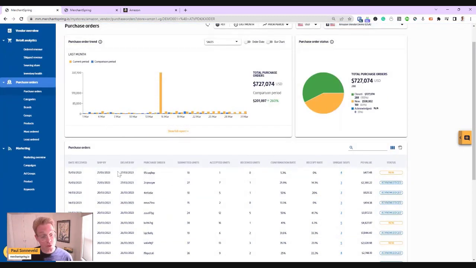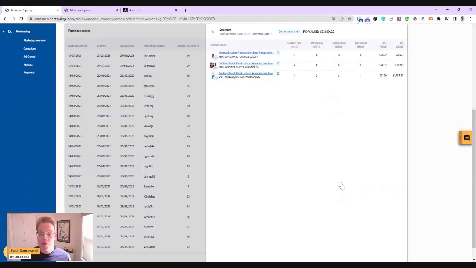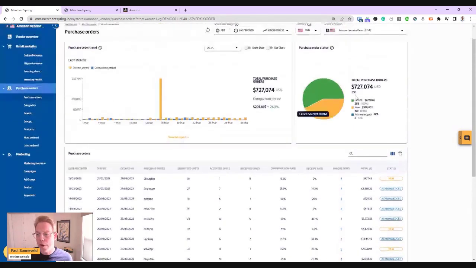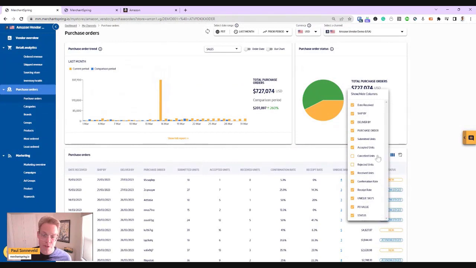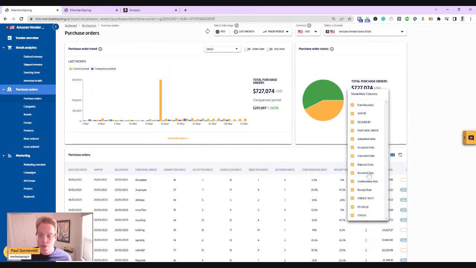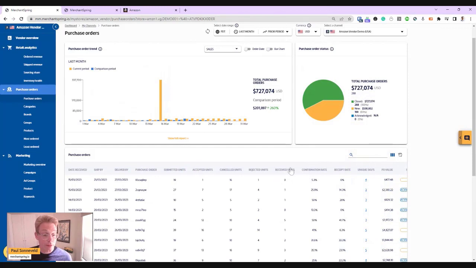And then when we get to the actual detail, you can see individual purchase orders and all of the detail that relate to it. You can even drill down into individual SKUs to see what is the exact makeup of that order. What do we accept, what was canceled, and what was received. You can even go down into this particular metric selector and add some additional units here. So if you want to measure things like shortages or lost COGS as a result of not confirming all the units, you can see a lot more information here on confirmation rate and receipt rate, for example.